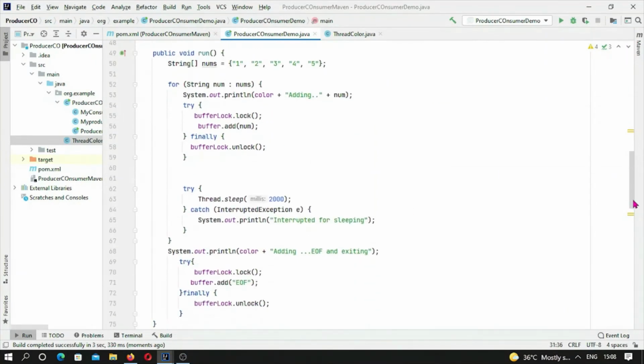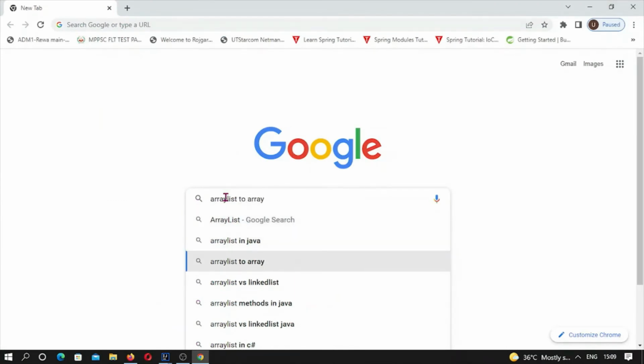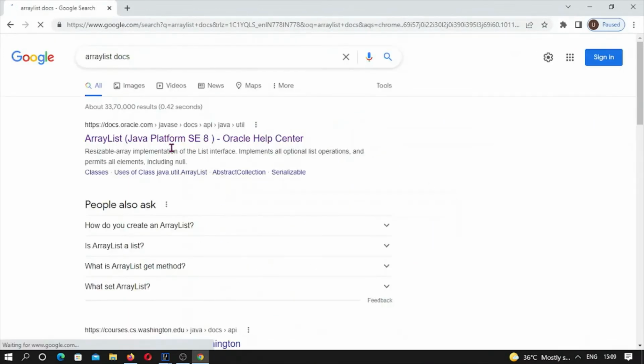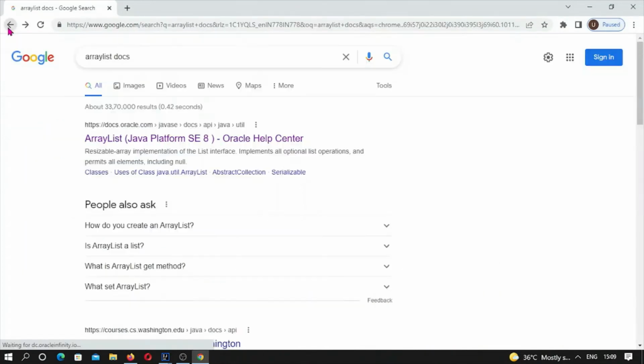Another important thing to study here is that this is a collection class, ArrayList. So let me see the ArrayList docs and you can see this last line. This class provides methods to manipulate the size of the array that is used internally to store the list. This class is roughly equivalent to Vector except that it is unsynchronized. So ArrayList is not synchronized. Whenever we are using ArrayList in code, we have to keep in mind that this list needs to be synchronized. So for doing so,